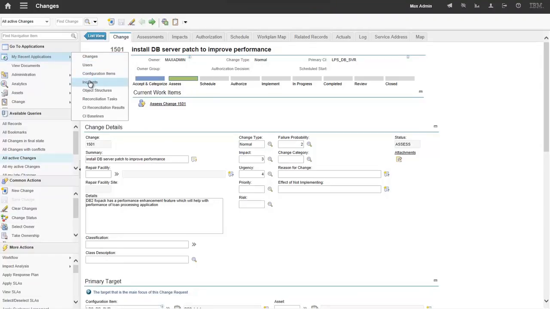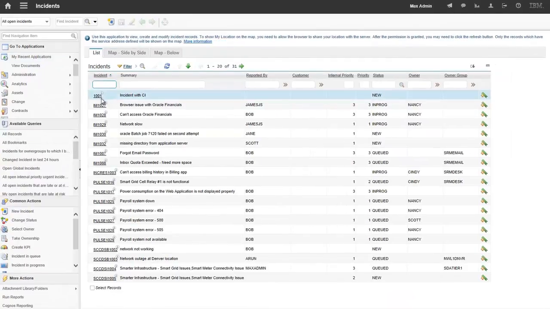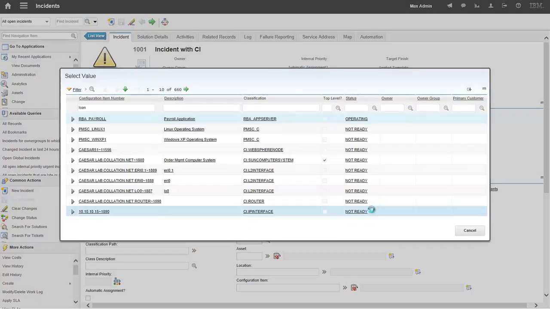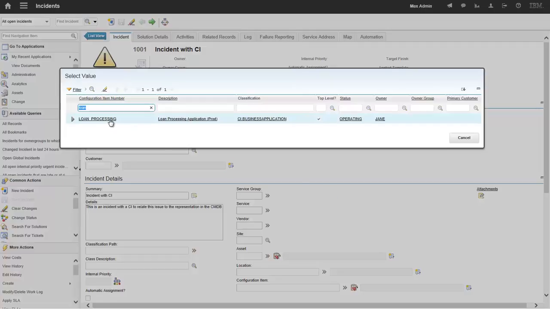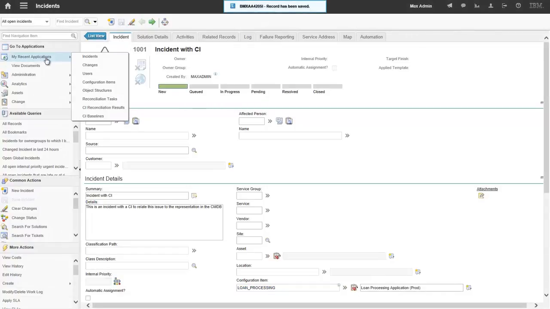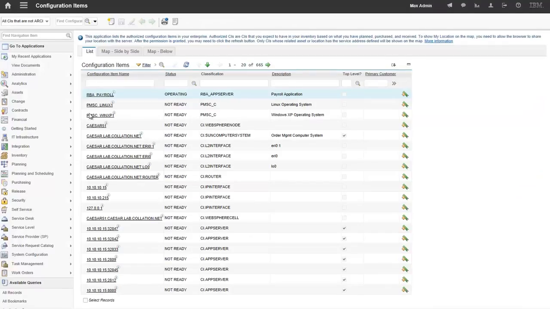So now let's show a similar kind of capability in incidents. So here I just created a new incident. It doesn't have any configuration item yet on it. Let's add a configuration item to it. There's a business service, a loan processing business service that has an incident against it. Let's save that. Okay, so now let's go over to the configuration items application, and we'll be able to